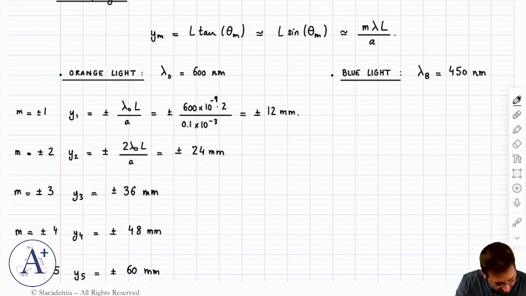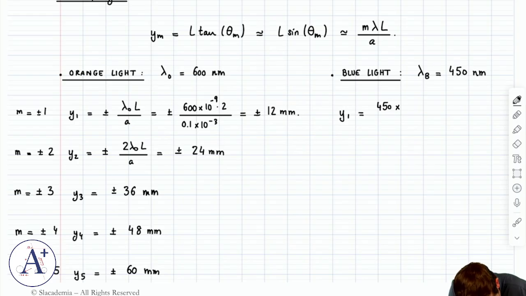For m equal to plus or minus 1, let's compute y1 at least once. It's 450 times 10 to the negative 9 times 2 divided by 0.1 times 10 to the negative 3, the exact same thing as before, just with 450 instead of 600. This is plus or minus 9